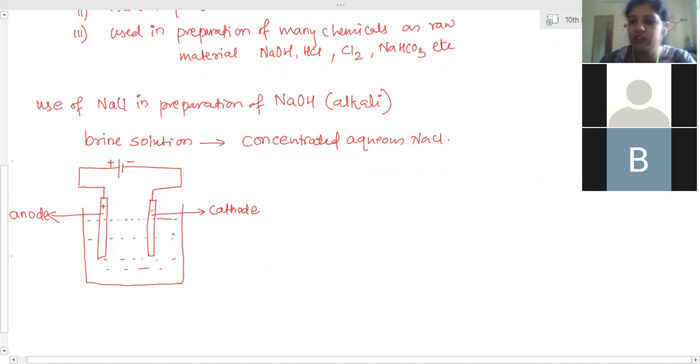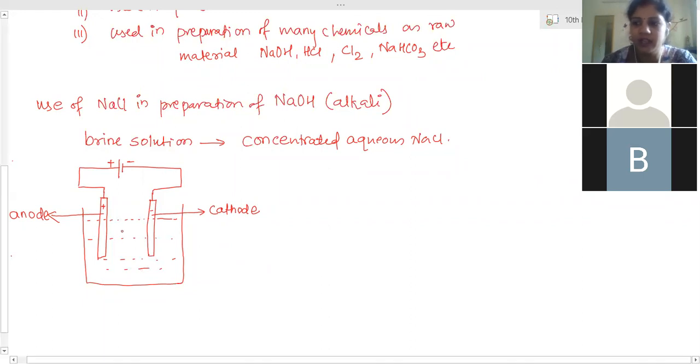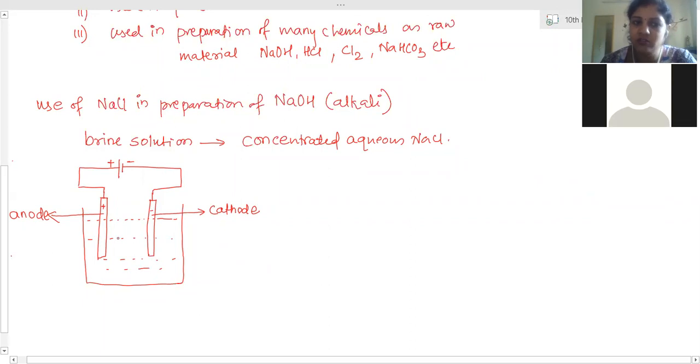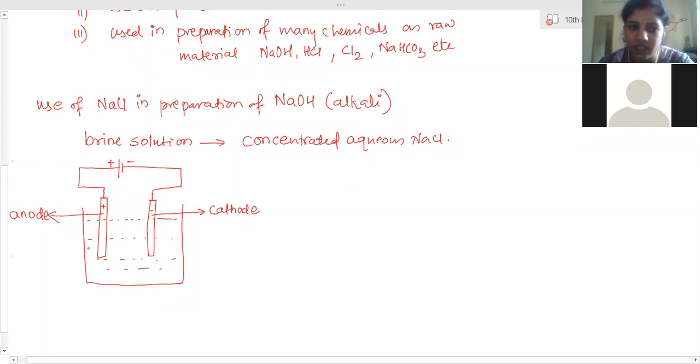The other type, when we use other metal rods, those metal rods actually take part in the chemical reaction. They also get involved in the reaction happening inside this. Those electrodes we call active electrodes. In the third chapter, we will see electrolysis using active electrodes. Right now we are learning only the inert electrodes. Inert means they do not take part in the electrolytic reaction happening inside this container. So now these two are graphite rods which are immersed in this.